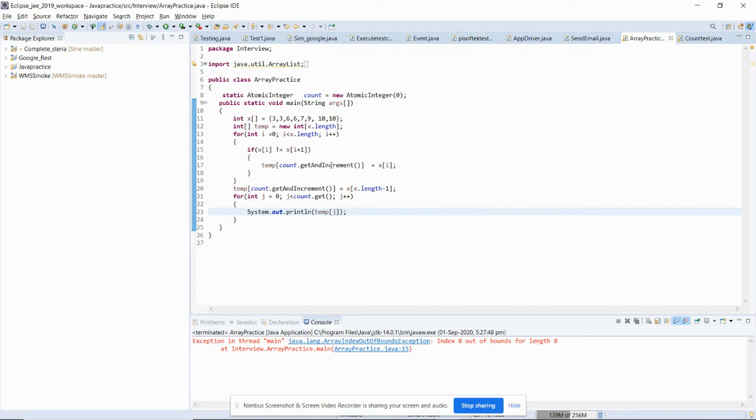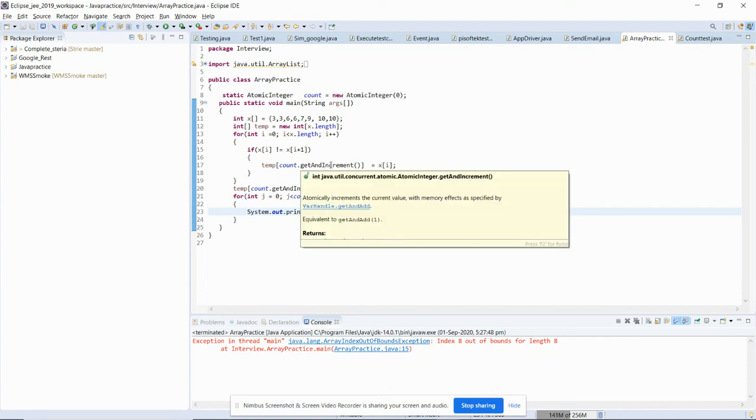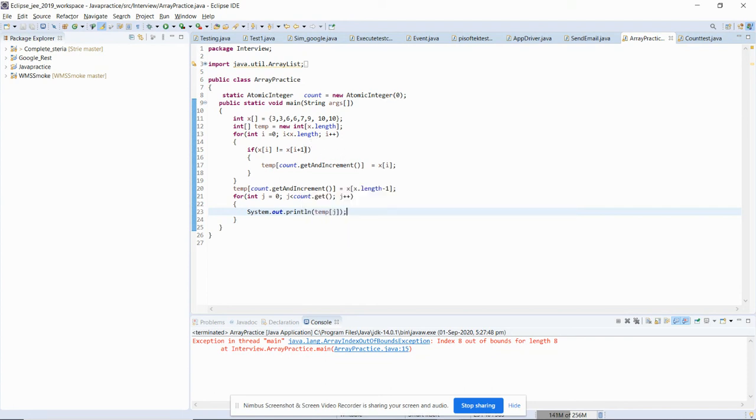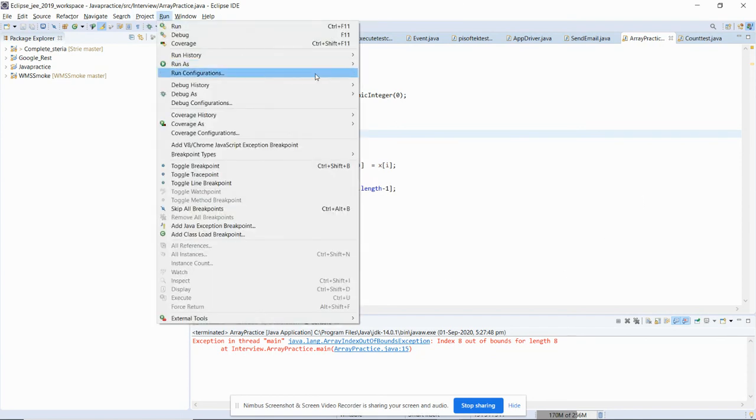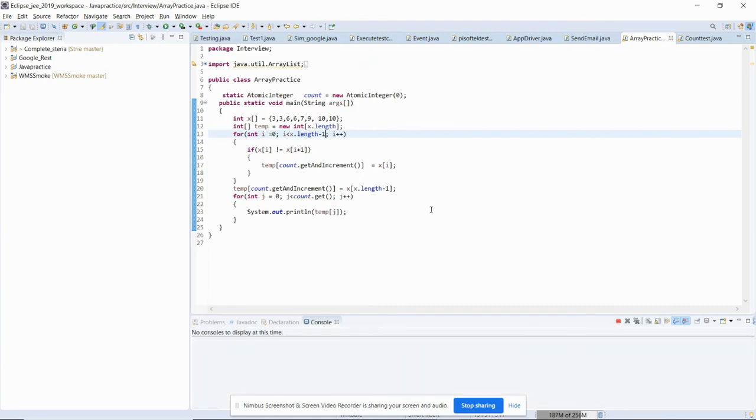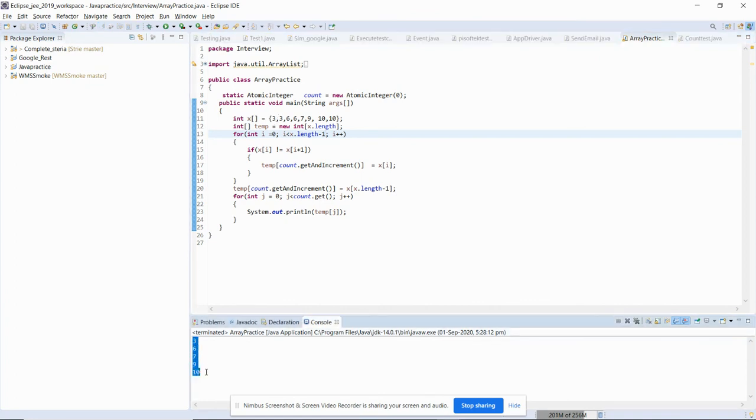Okay, the error is here because when we are moving with the i plus 1 element, we have to not move to this one. As I told you, the size issue: when the last time it will go, i plus 1 will go out of bound. Okay, you can see that if you have the sorted array, then the duplicate elements have been removed, means 1 2 3 4 5, all the elements are unique in your temp array.